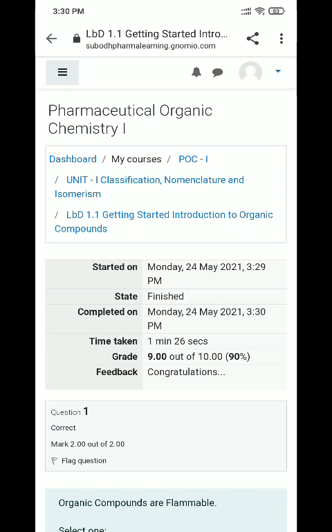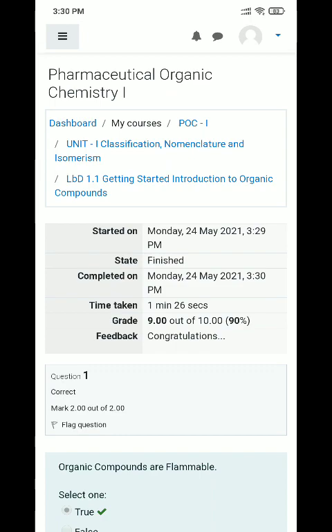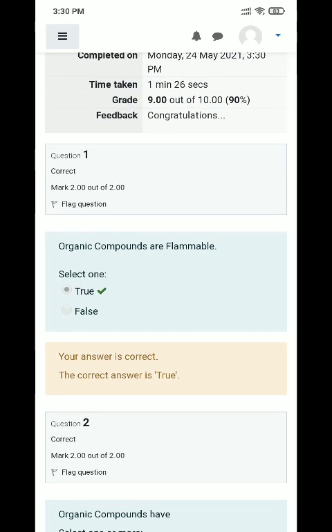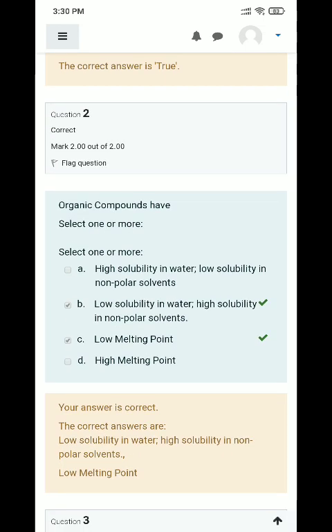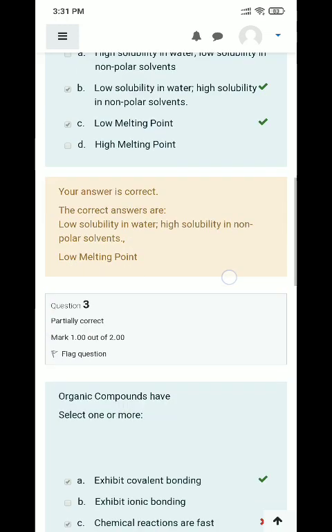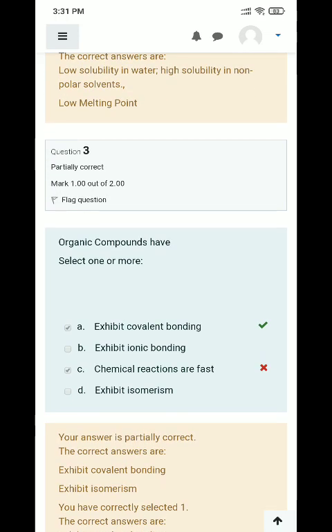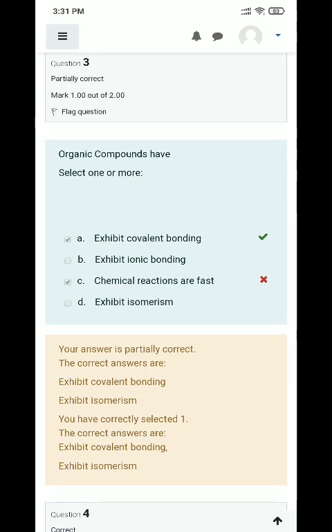After clicking on this, the grade will appear, that is 9 out of 10, as one answer is wrong. In this question I have selected one wrong answer and one correct answer, so I have scored 1 mark in this question, as the feedback is also given that your answer is partially correct.